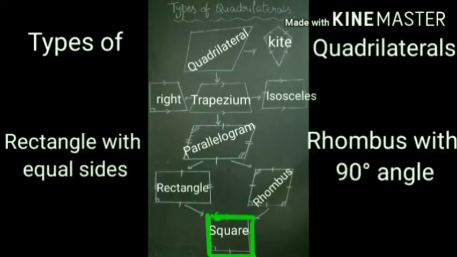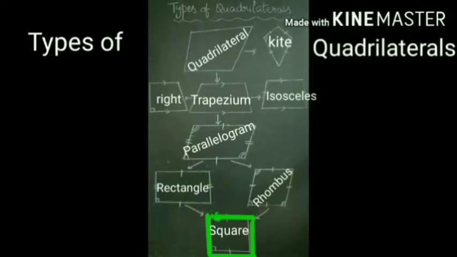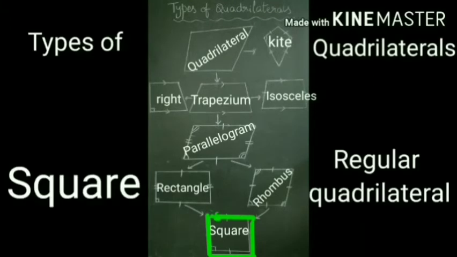Rectangle with all the sides equal is a square. Rhombus with each angle 90 degrees is also a square. Children, if you observe here, square is a regular quadrilateral, means all the sides are equal and all the angles are also equal. Square can be considered as a special rectangle, special rhombus, special parallelogram, like that. Why? Actually all the properties of rectangle, rhombus, parallelogram, trapezium, quadrilateral are satisfied by square, and few additional properties also